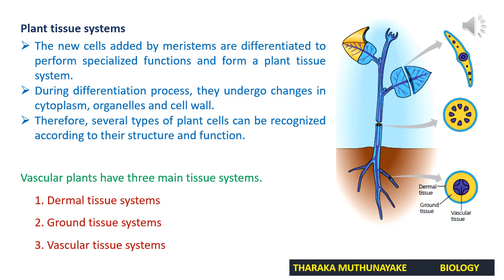In the stem also, the vascular tissue systems or vascular tissues are arranged as a ring. In the root also in the middle in purple color you can observe vascular tissues. It is labeled. Third type is ground tissue. This is indicated in yellow color here. Remember here, ground tissue is a filling tissue. It normally fills gaps between dermal tissue and vascular tissue.